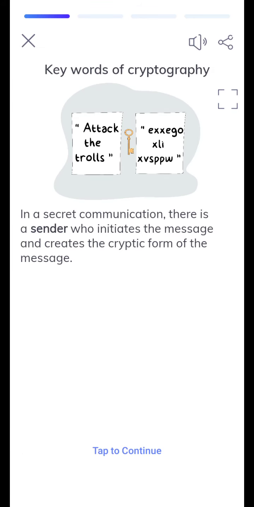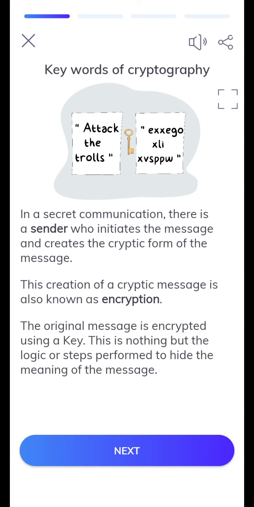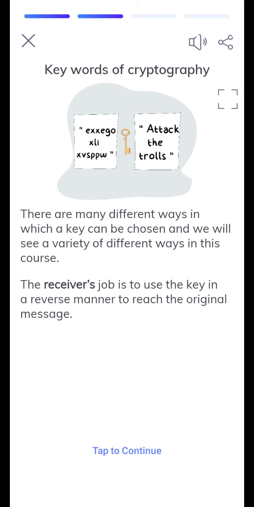In a secret communication, there is a sender who initiates the message and creates the cryptic form of the message. This creation of a cryptic message is also known as encryption. The original message is encrypted using a key. This is nothing but the logic or steps performed to hide the meaning of the message. There are many different ways in which a key can be chosen, and we will see a variety of different ways in this course. The receiver's job is to use the key in the reverse manner to reach the original